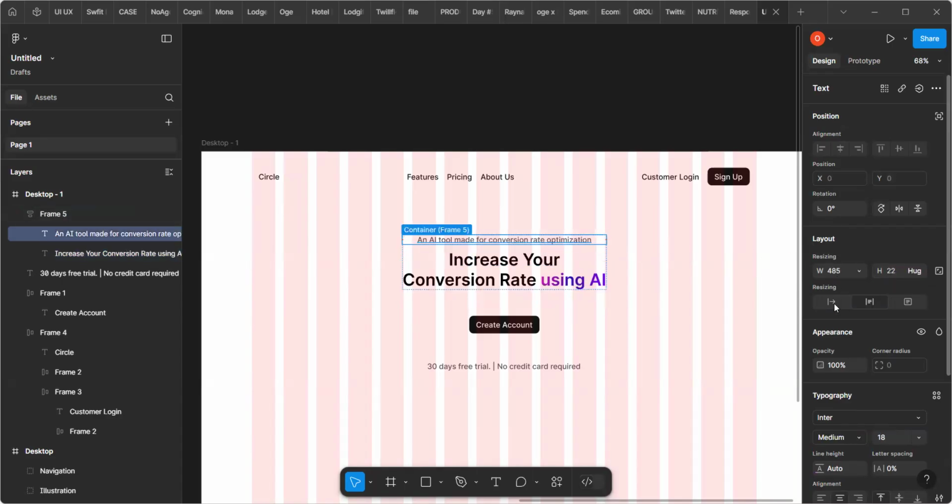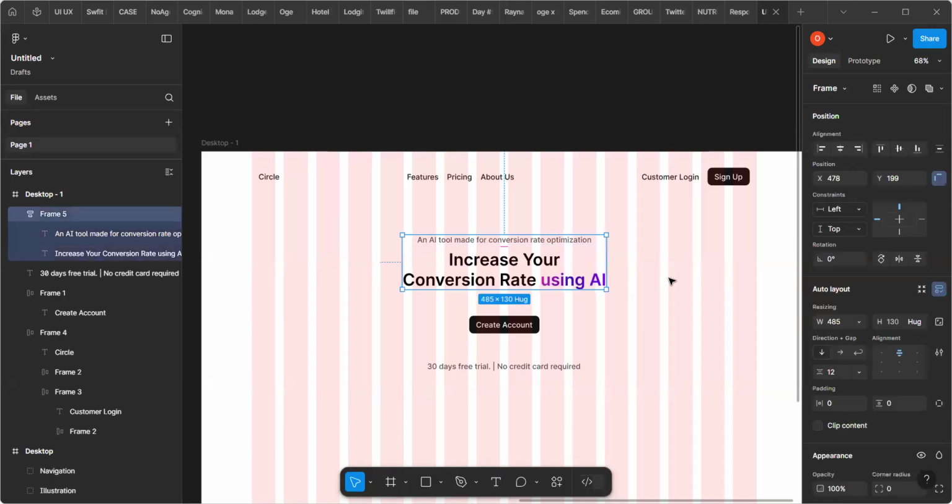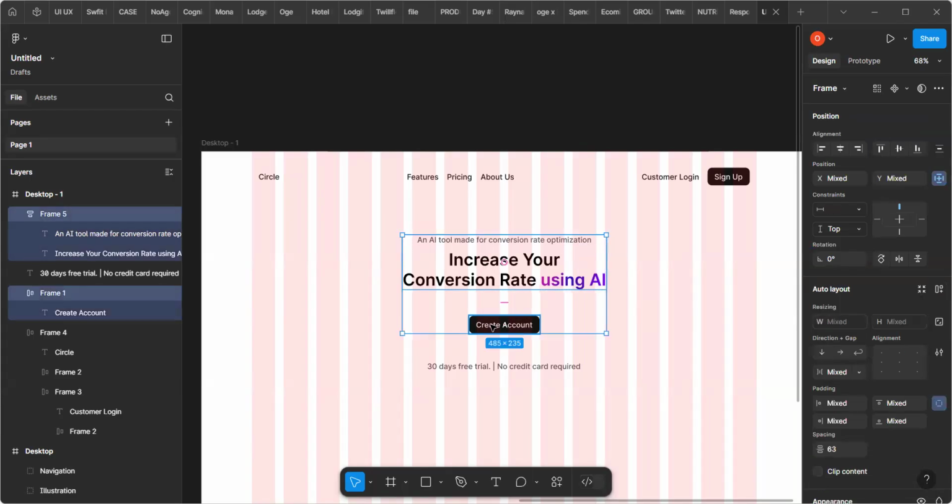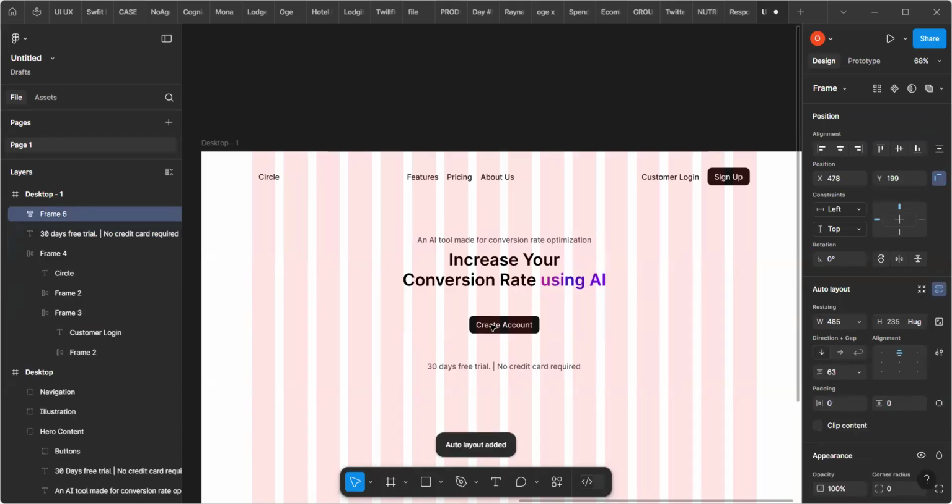This one is already in fill. Okay, so I'm going to hold this, right? Click on Shift and then click on Create button and then Shift A. Spacing between this and this button, let's just give it 24,